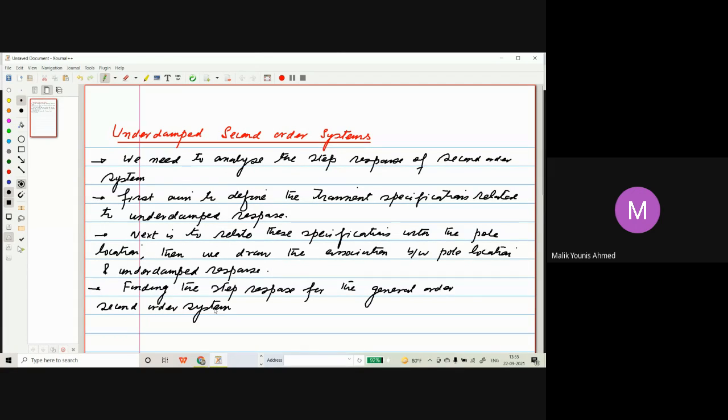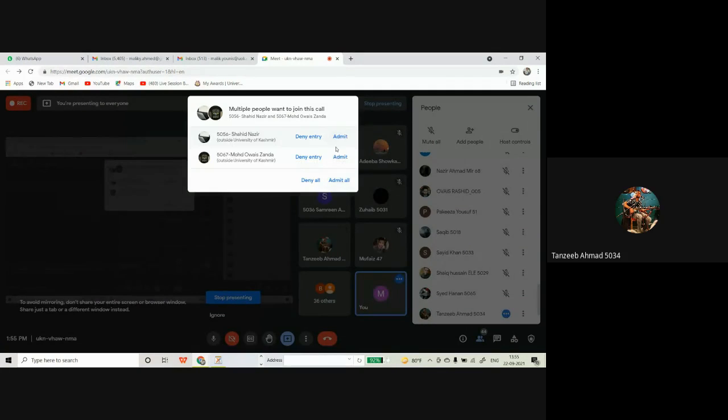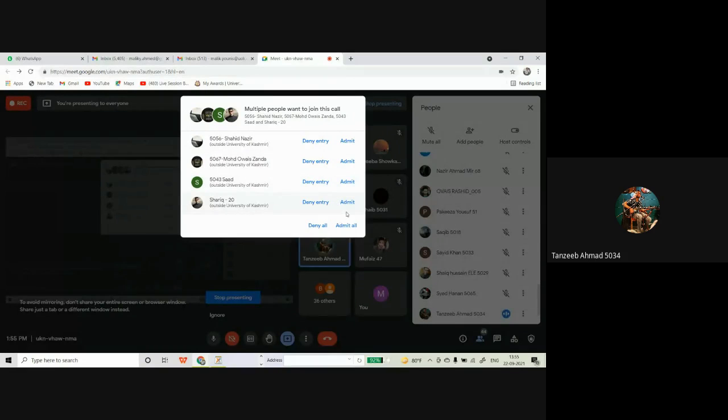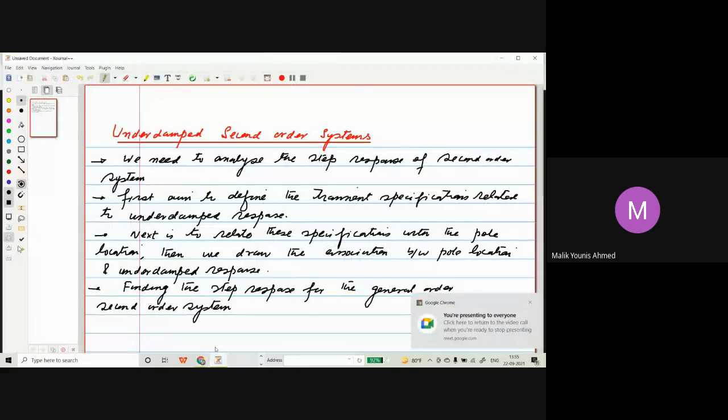Okay, I don't know why there 56 is, who is this 56? यस सर, शाहिद नजीर। 67 यस सर, ओएस। 43 यस सर, साद एंड शारिक। Okay,